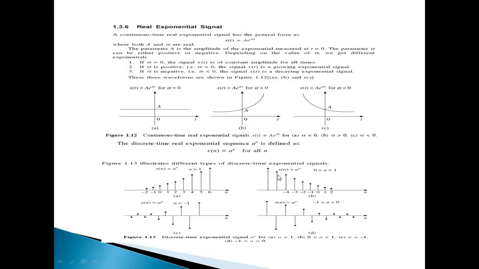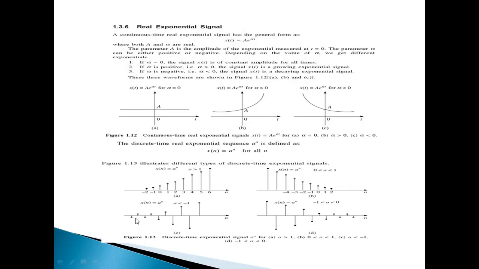An exponentially decaying function is when a is in between 0 and 1. Exponentially rising depends on a being greater than 1. Exponentially decaying function is in the range of a greater than 0 and less than 1, which is in between the two functions.